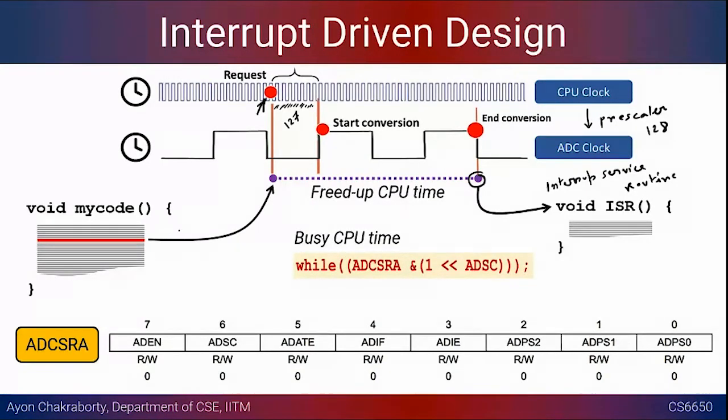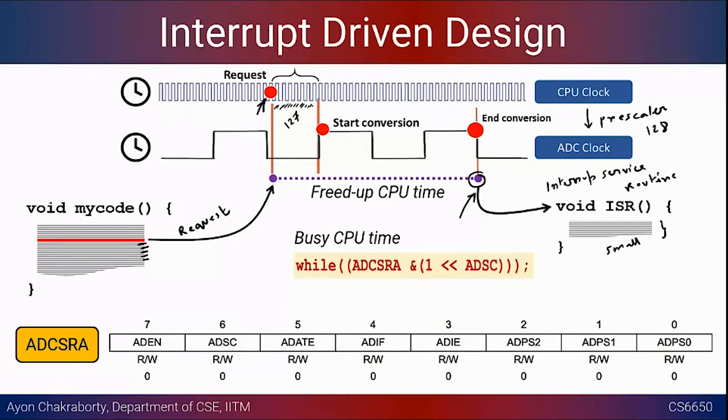So you basically request your code to read from the ADC and then keep on doing other stuff. And whenever the conversion has taken place, it will automatically raise this flag wherever that interrupt service routine has to be executed. And this will be done automatically, because whenever the system knows that the interrupt has taken place, it will automatically go and execute the instructions that are written here. Right? And this is typically not a very large piece of code. This is typically a few instructions.